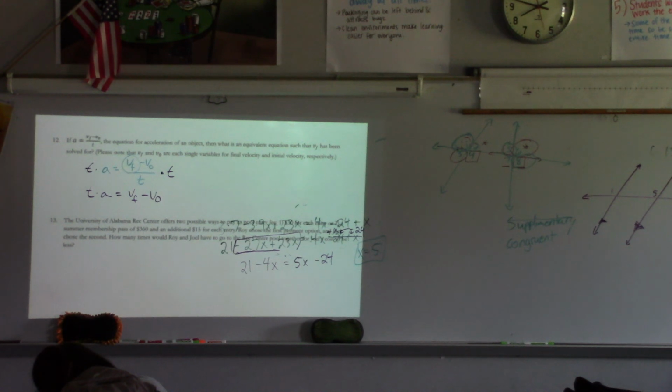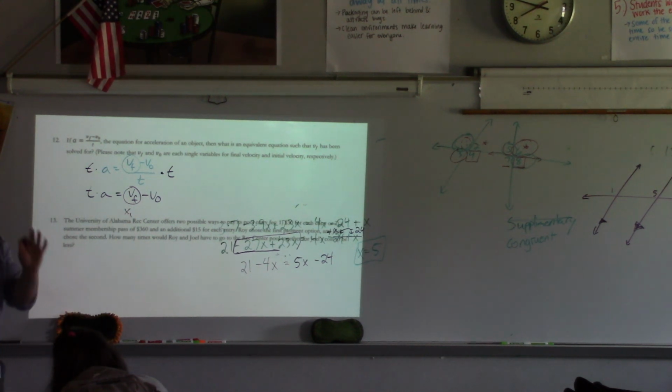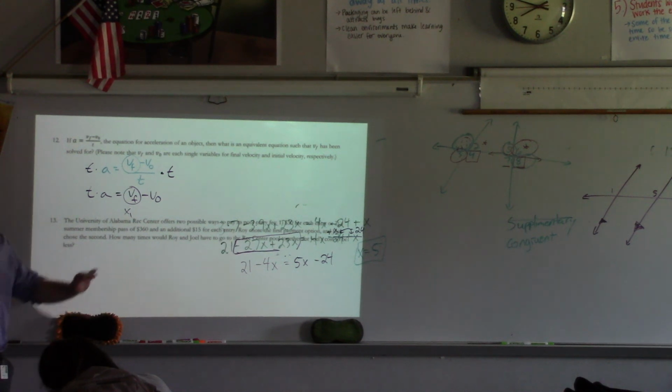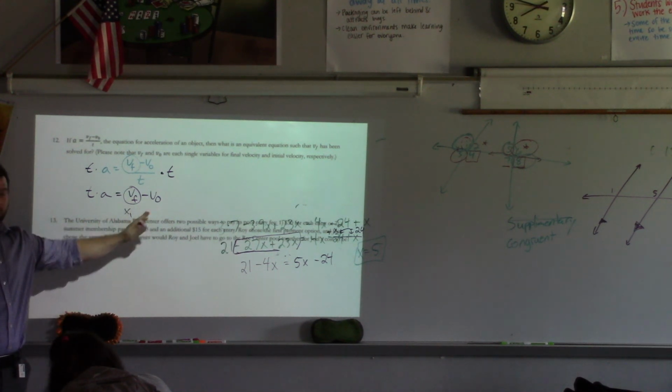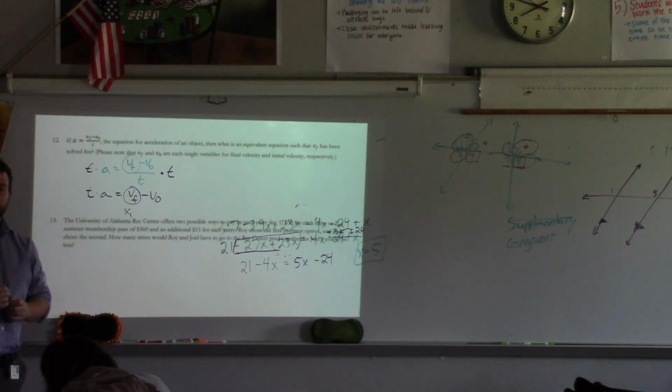Can you do it from there? No. Are you serious? All I need to do is solve for v sub f. Now, let me clarify, because I think this was confusing you. V sub f is just like x sub 1. It's just a subscript. It goes together. Okay? The only thing I need to get rid of is this. What do I need to do? Why are we dividing both sides? Huh? Why are we dividing both sides? Because math is